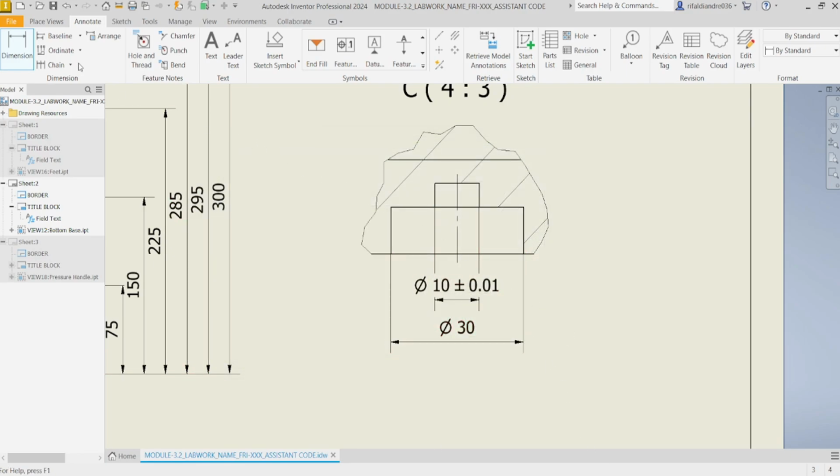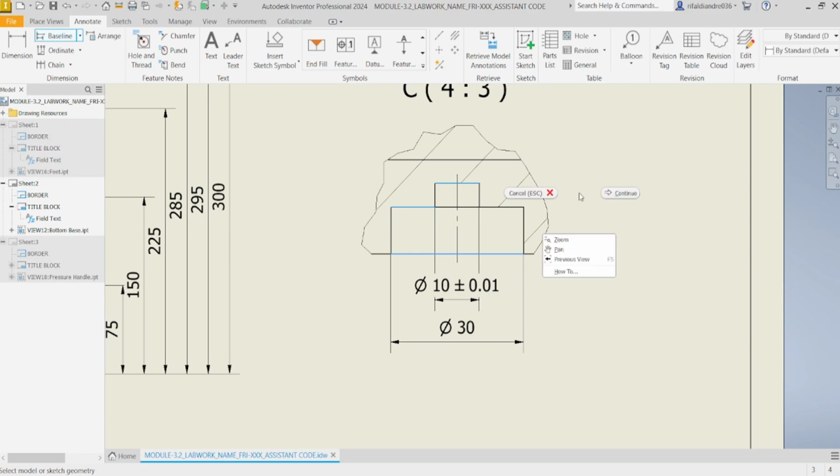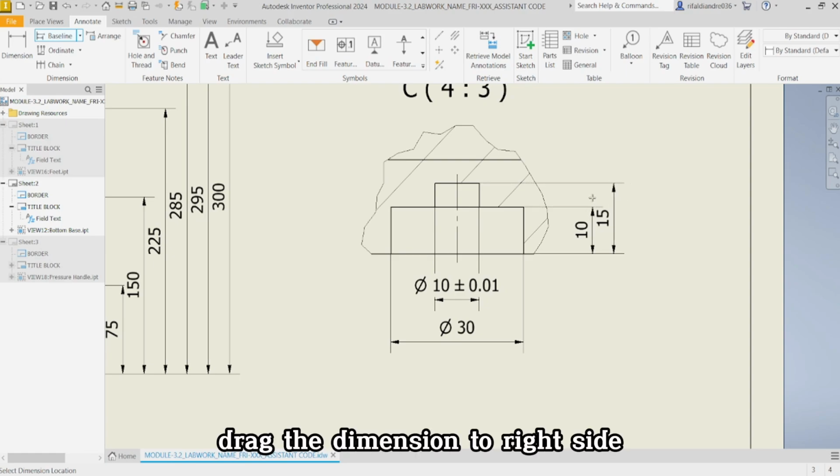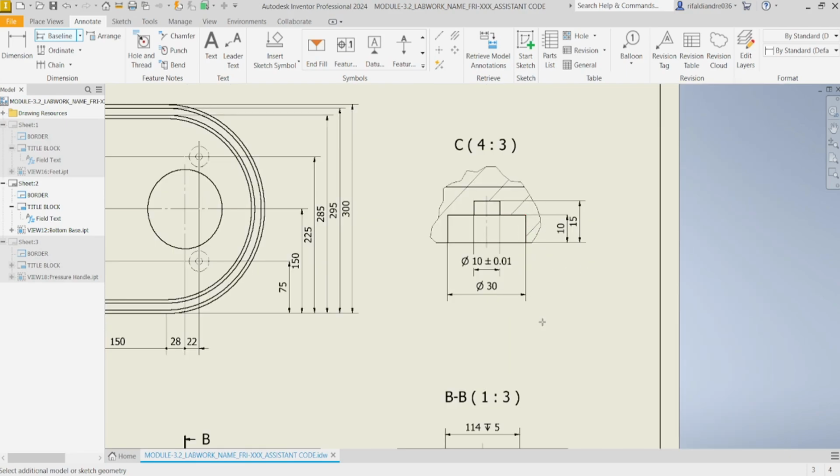Next, in the annotate tab, click baseline and choose the determine line 1, 2, and 3. After that, right click, choose continue, drag the dimension to the right side and left click, and this is the result for this view.